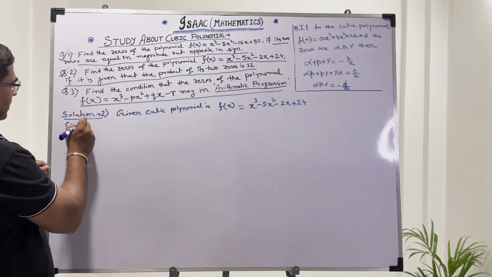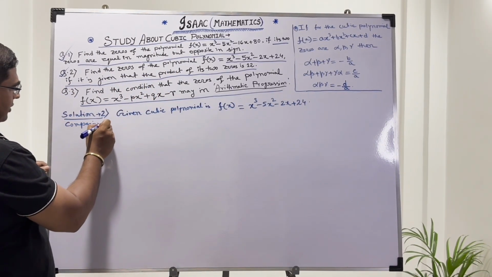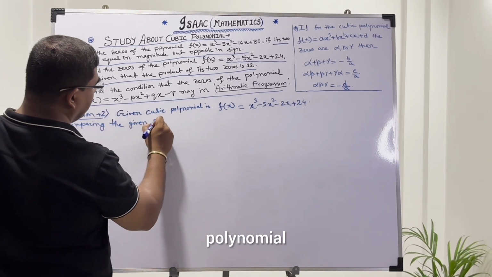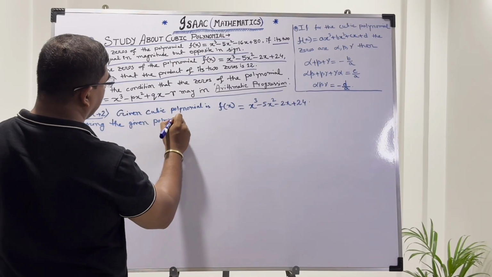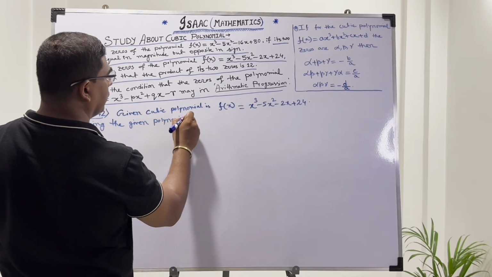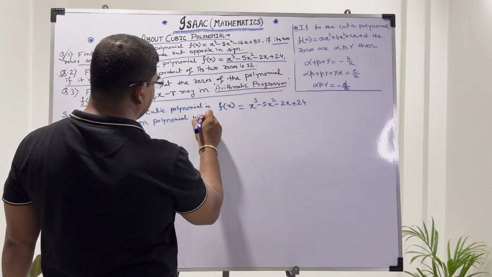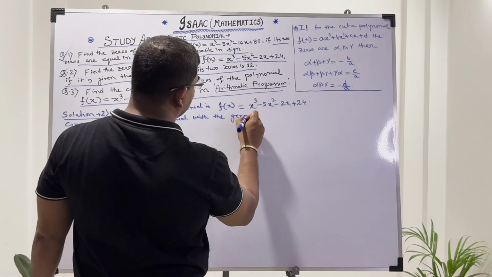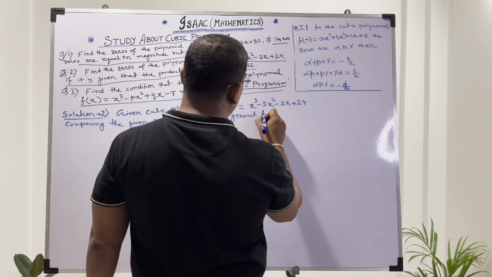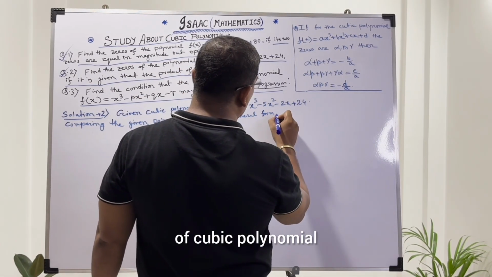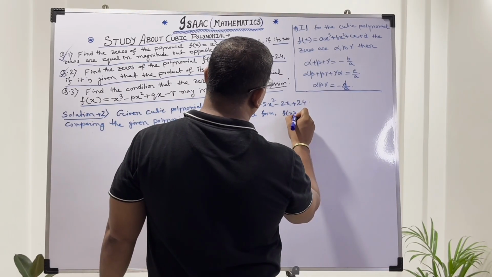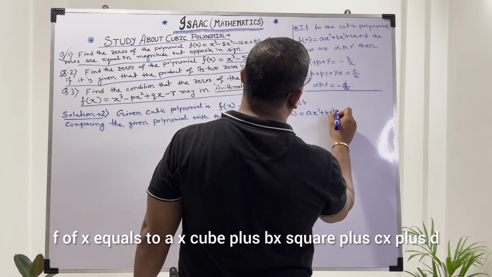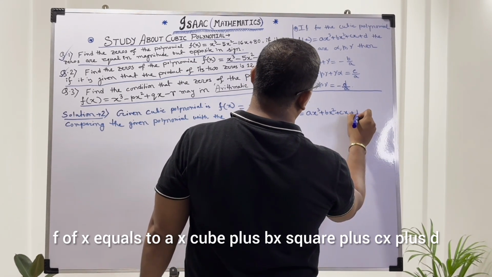Comparing the given polynomial with the general form of cubic polynomial f of x equals ax cube plus bx squared plus cx plus d,